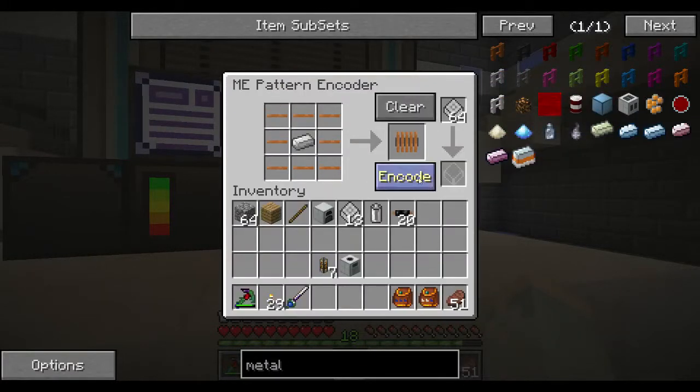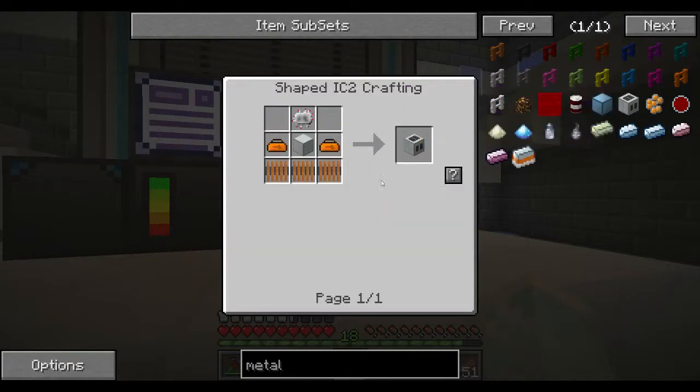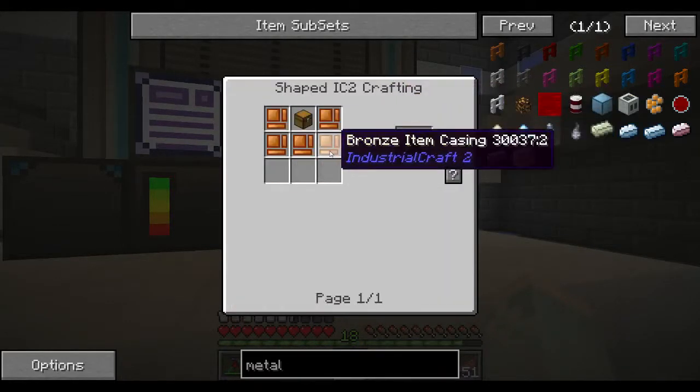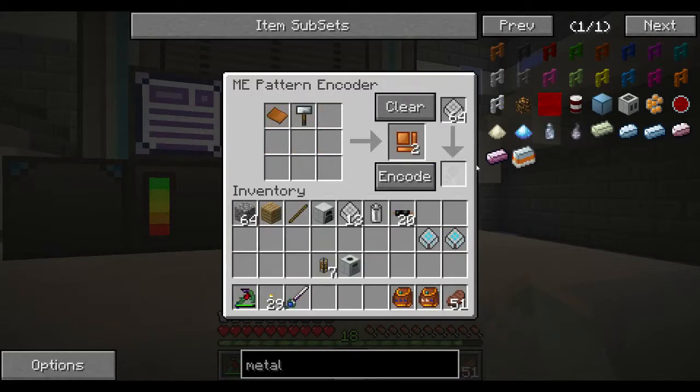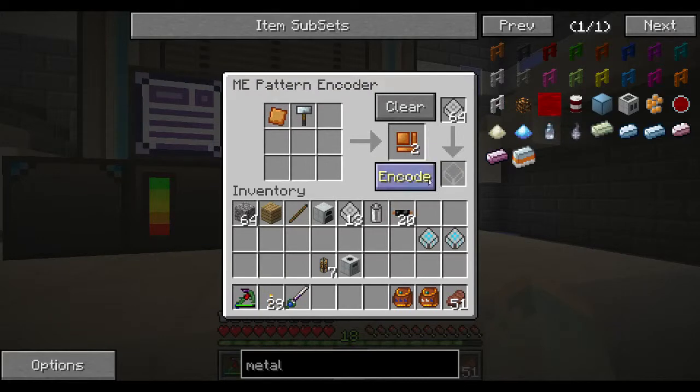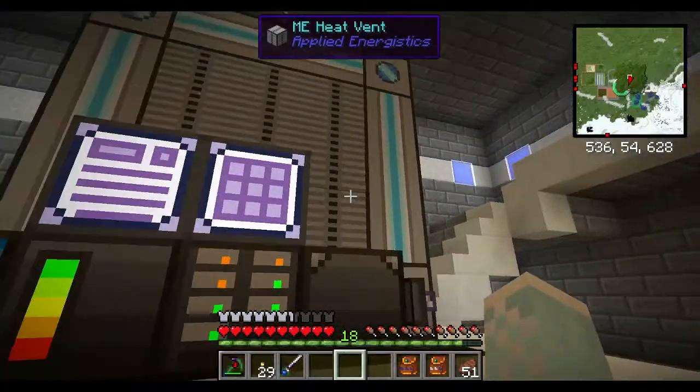See these coils. Toolboxes. We need to teach it to make these things. Nope. I think that's...